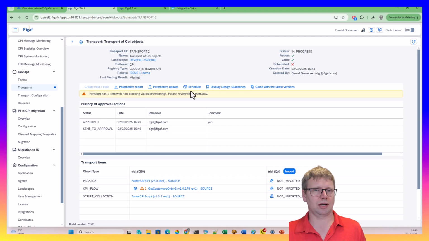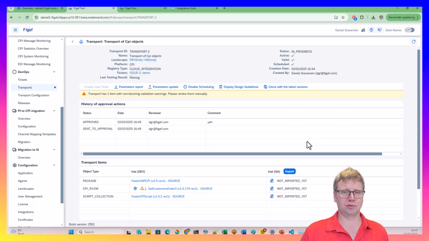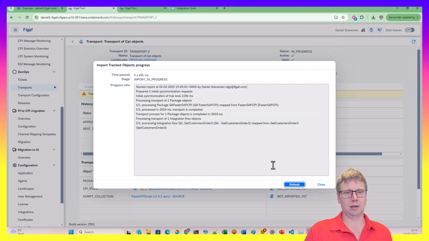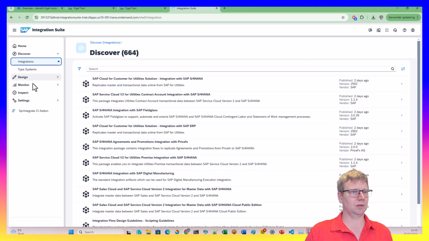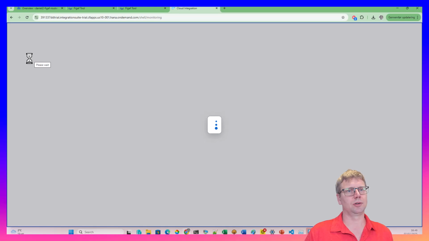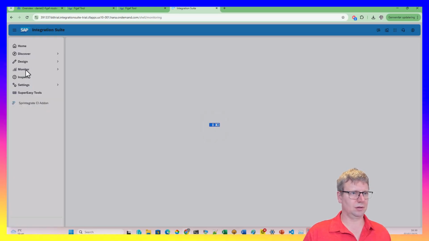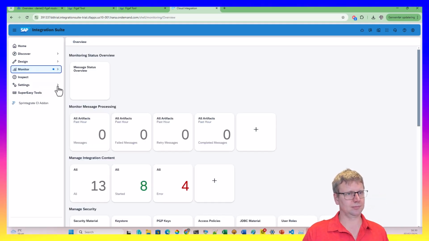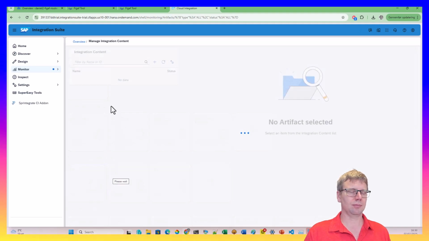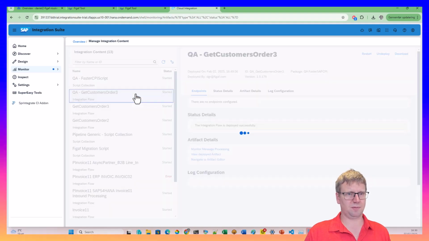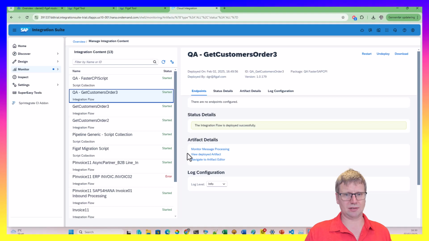If I wanted to, I could schedule it here. And then I need to set the landscape about when it should be imported. But now let's just deploy this item here. So we have the integration suite here. We have our monitor here. So we can see these things have been deployed, and one of the things we would actually see